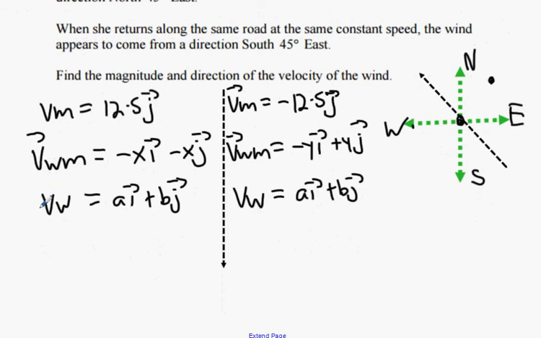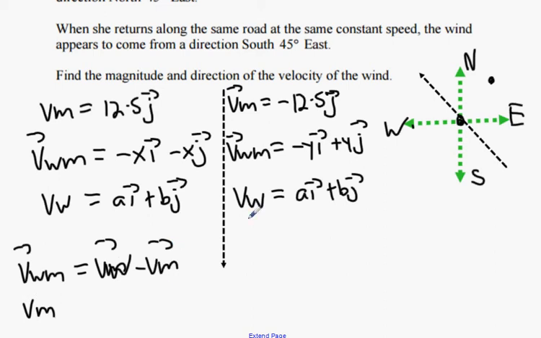Oh, I already did it, spoilers. Why is it v_WM again? Because it's the wind relative to the motorcyclist. It's the motorcyclist's opinion on the wind. That equals v_W minus v_M. Now this actually makes complete sense when you do it this way. Because when I rearrange this equation, I get the velocity of the wind,